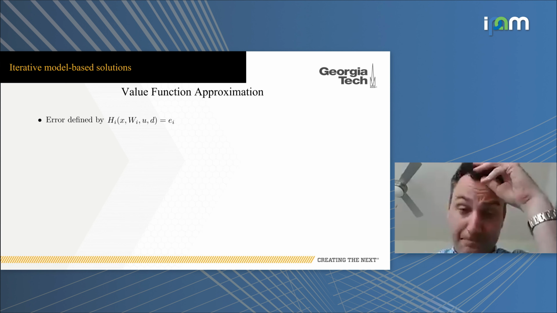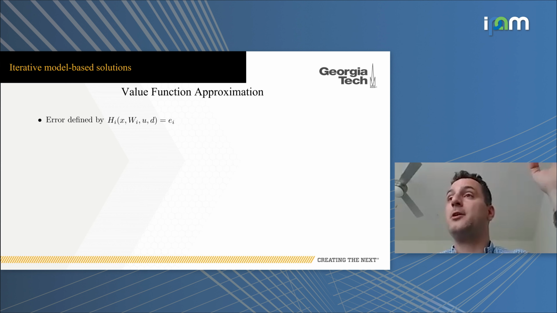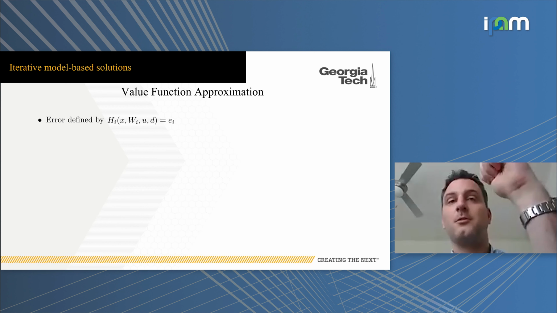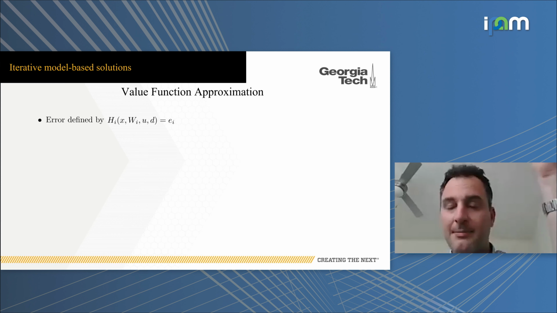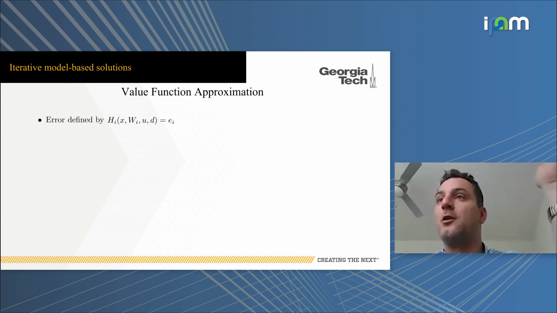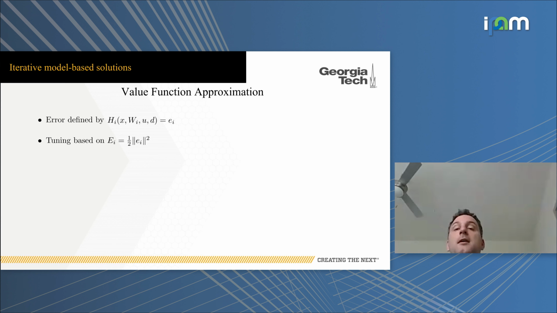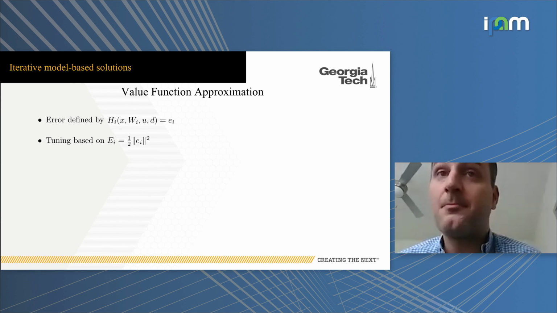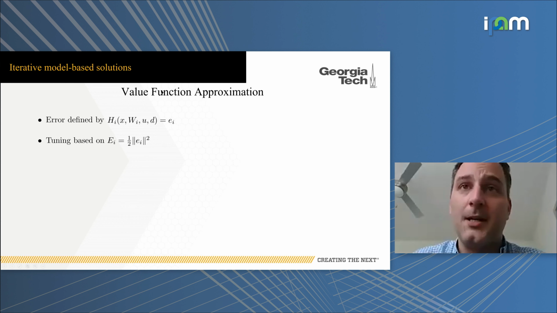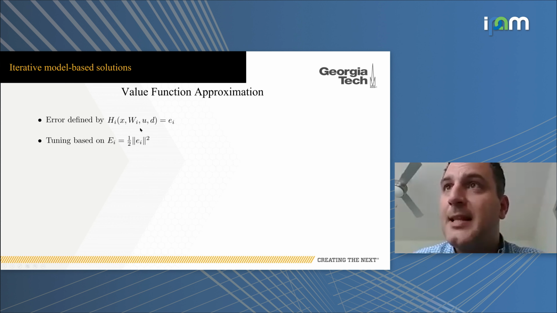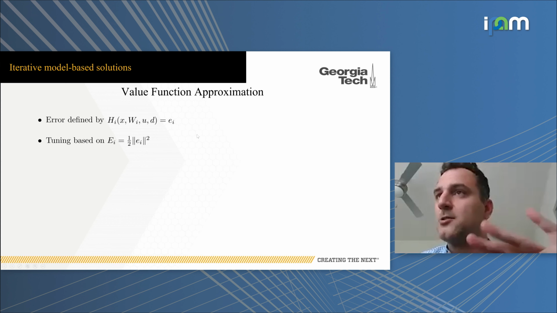But since I use approximators, my Hamiltonian won't be zero anymore. But I want to drive it to zero, okay? So we go back to our adaptive control folks and our adaptive control books, and I see, okay, what is the way to find a weight to take an error to zero? Okay, so it is to define a new performance. A new performance is given by what you see here. Okay, so again, I want to find my WIs such that my EI is going to zero.